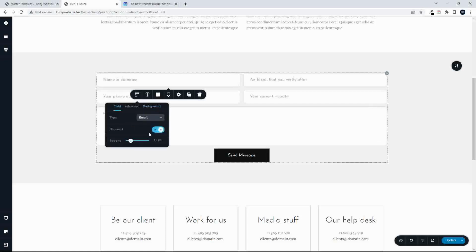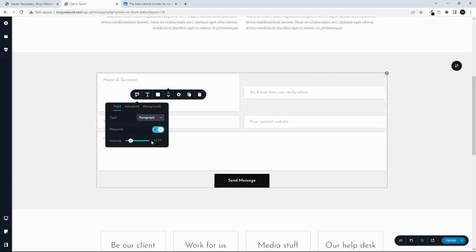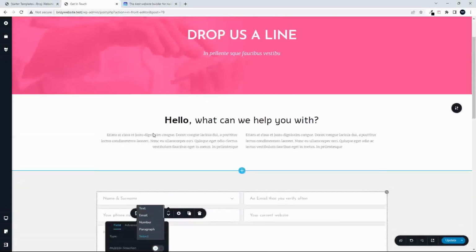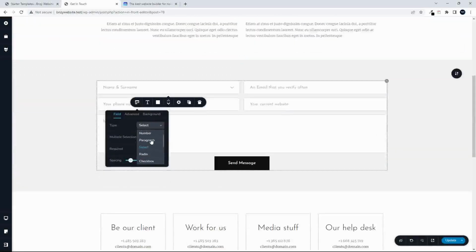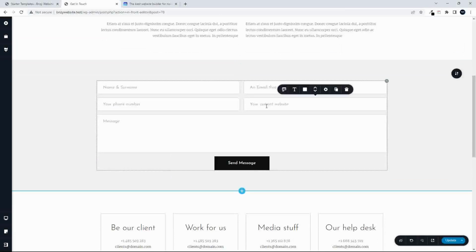You also have different kinds of form fields, so you could have an email, you could make it required. There's a number format, so what kind of format? The paragraph format, where somebody can just type in some free text, and then there's also an option for a select field, and you can then also make various selections available for the person filling in the field. So we just change that back to text, and